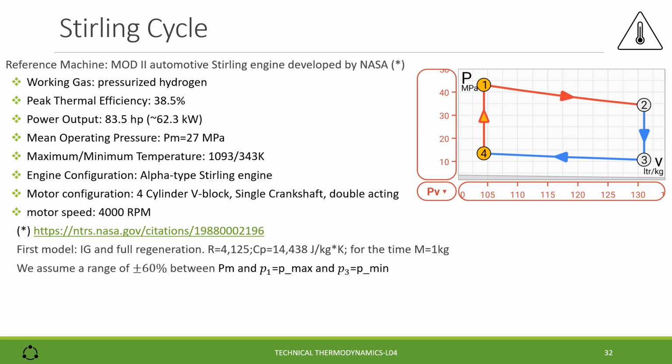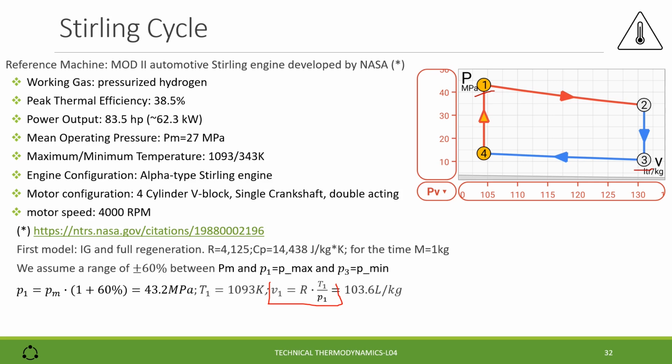We assume a range of plus minus 60% between the mean pressure and the minimum and maximum pressure. We say P1 the maximum pressure and P3 the minimum pressure. P1 is then the mean pressure times 1 plus 60%. At this pressure corresponds the maximum temperature T1, and by using the ideal gas state equation, we find the specific volume of the state 1,